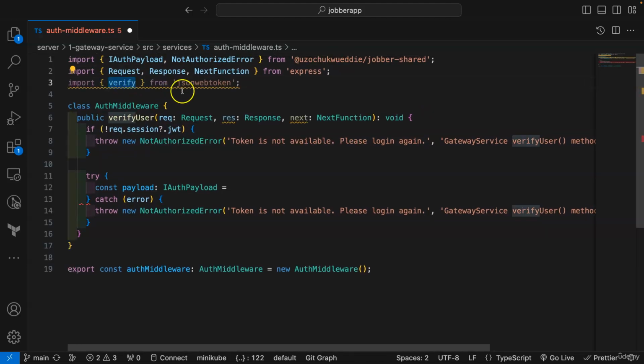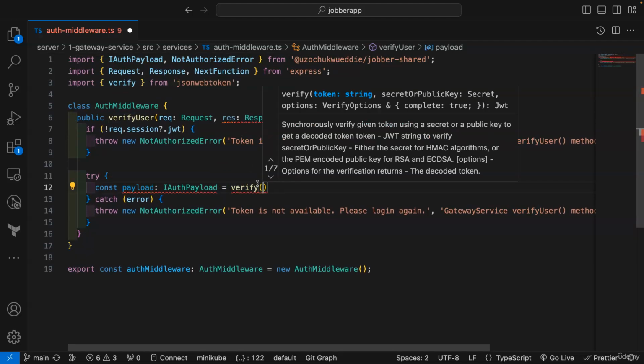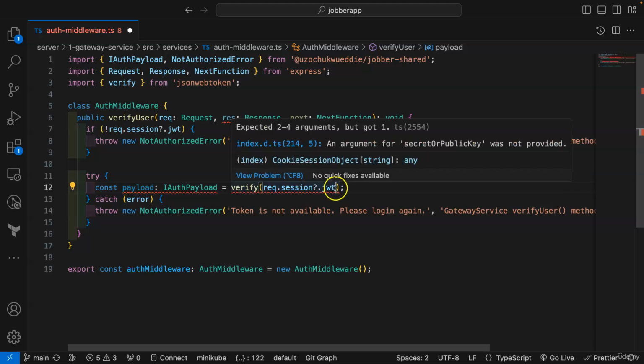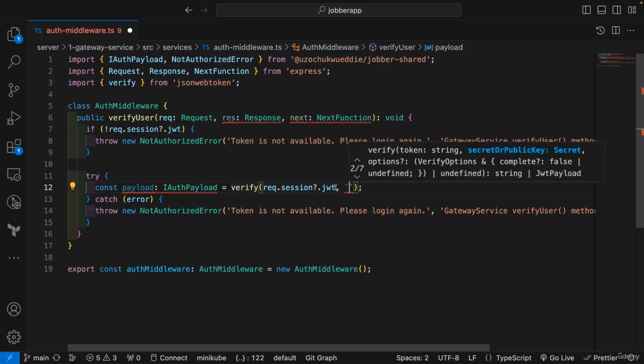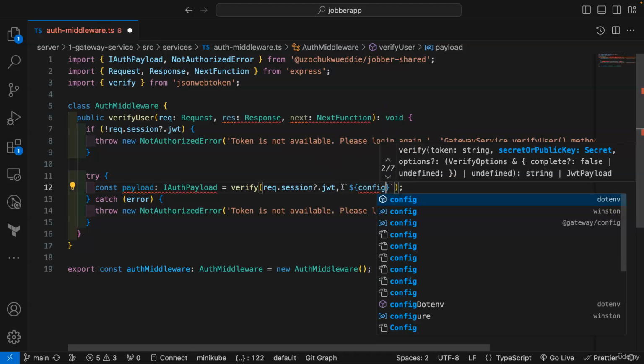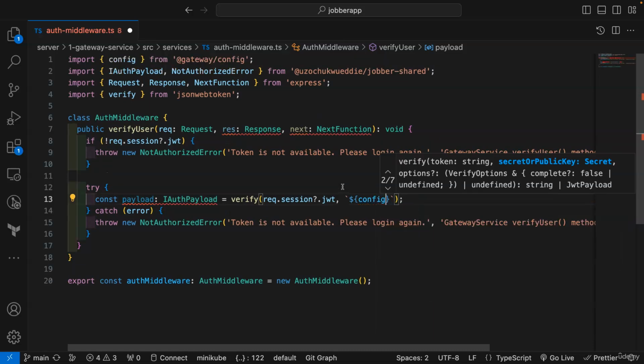So we can get the verify method from JSON web token. So we call verify, and now we need to pass in the token, which is this, and then we need to pass in the token value. So config dot, I need to import this, config dot